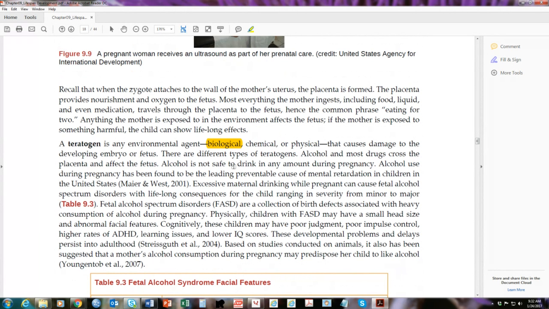In the news right now, you've probably heard of Zika virus. Zika virus is a mosquito-borne illness that is apparently causing a number of problems, one of which is microcephaly. The bones of the skull are not developing properly and growing properly. Essentially,